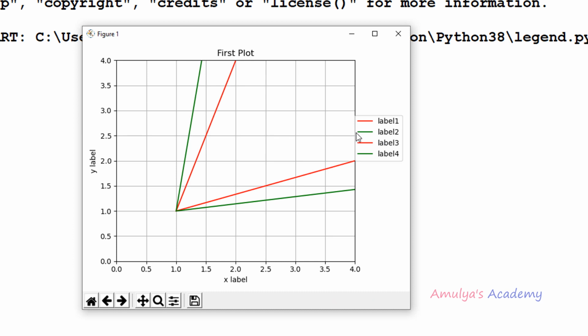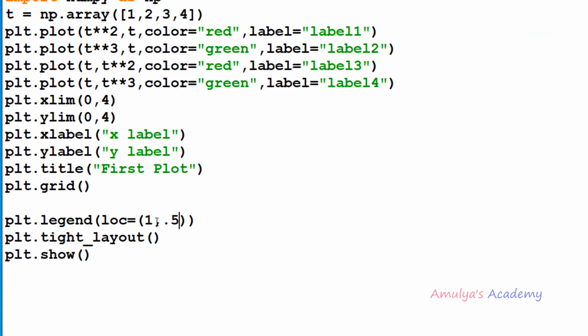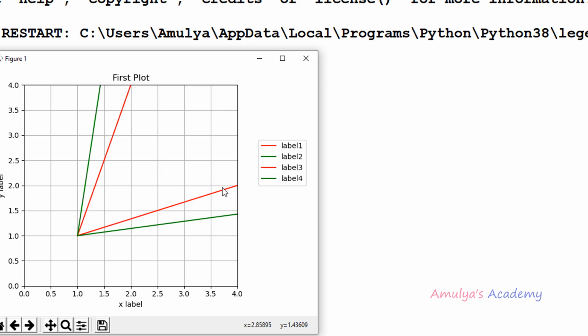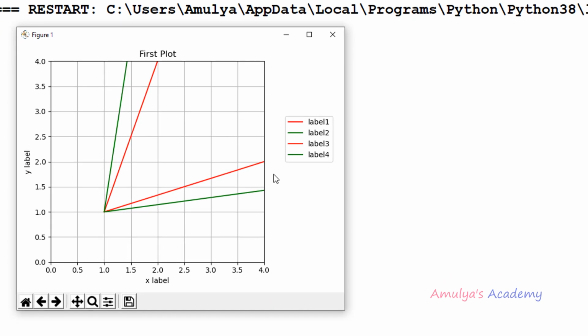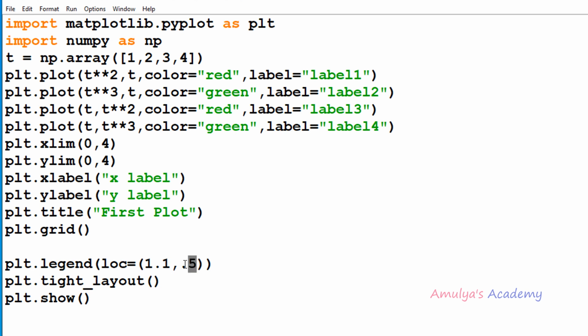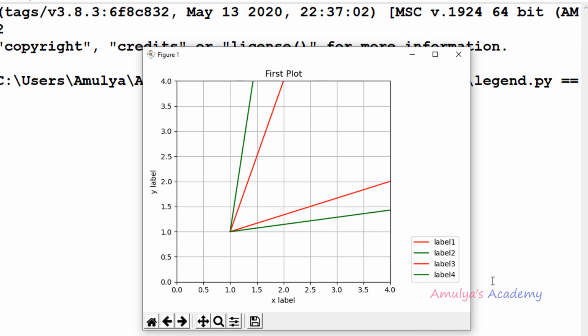Now if you want to place it completely outside the plot, then you can take the x value as 1.1. Here we can see this is x as 1, right? So 1.1 is nothing but here. So 1.1, 0.5 is the location and it will be placed there. Or if I take this as 0, it will be placed here.